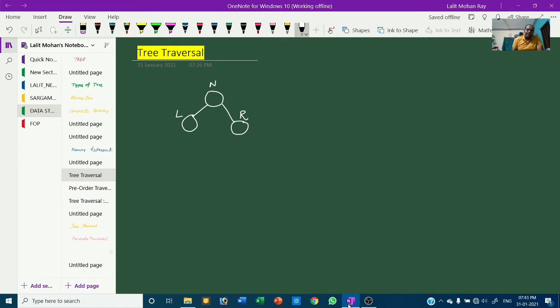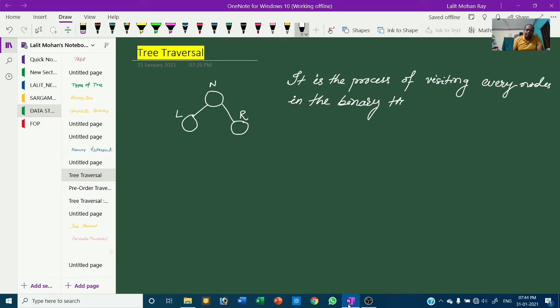So what is the meaning of tree traversal? It is the process of visiting every node in the tree, that means in the binary tree, exactly once.